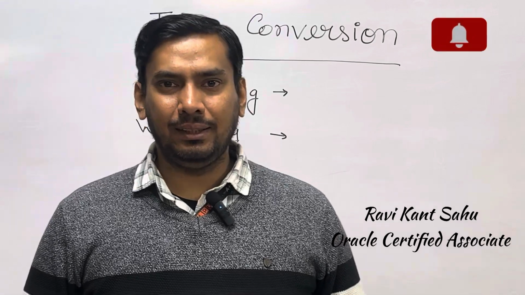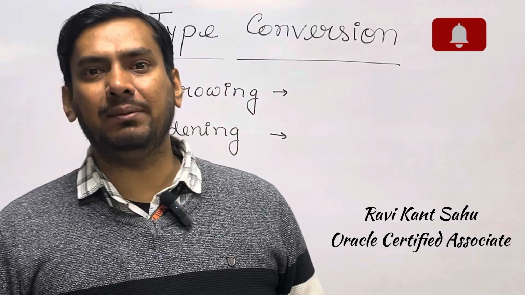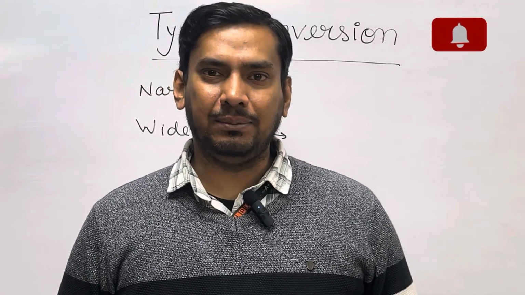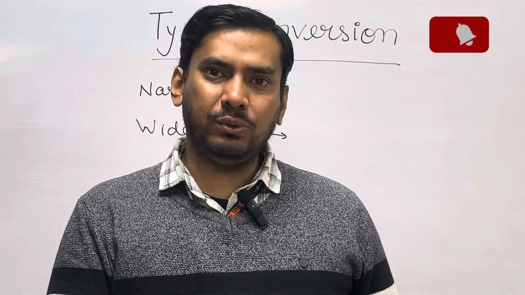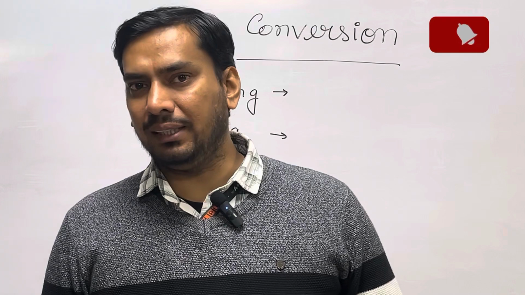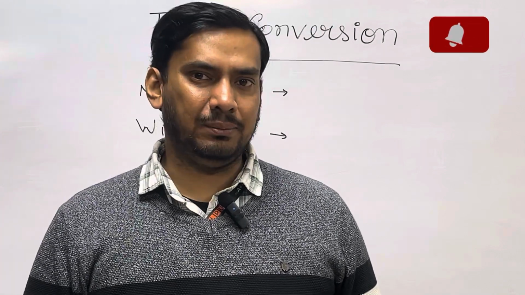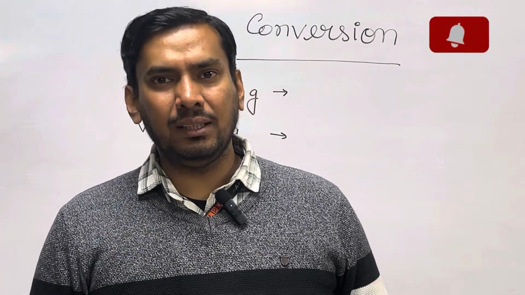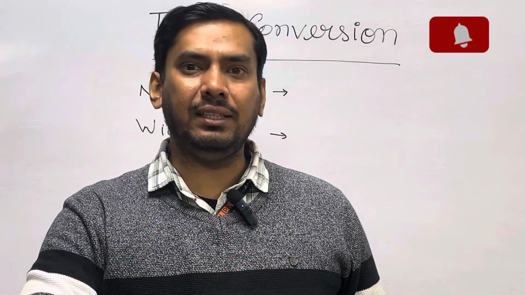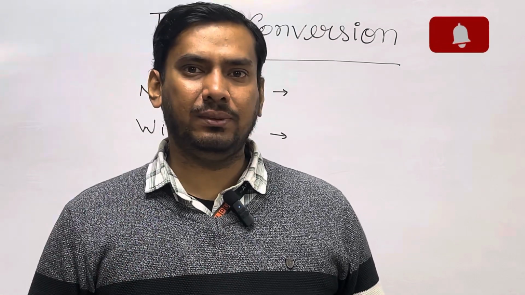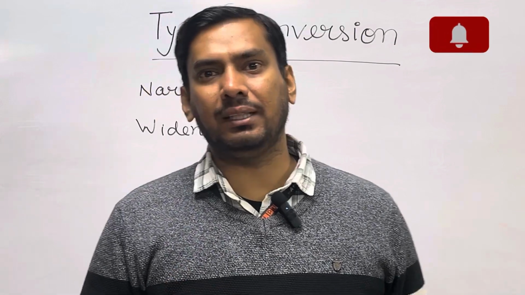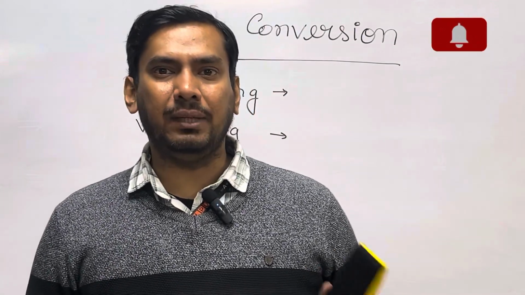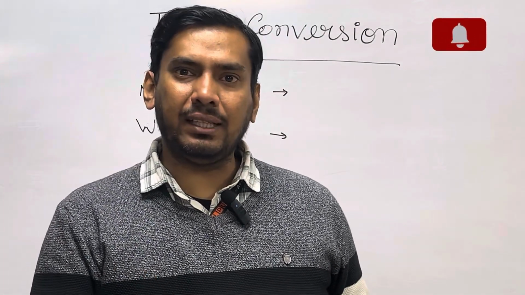Hello everybody. So in the previous video we have discussed the different data types in Java. Now we will learn how values can be assigned to a particular data type. It means you cannot assign any value to any other type of variable. There is a compatibility issue and sometimes in the compiler you will get an error where it is written incompatible